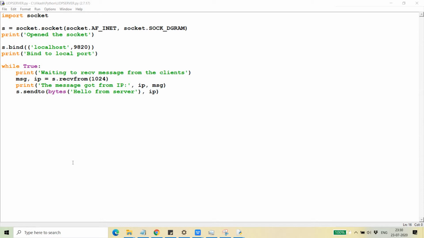If some packets are dropped, there is not much impact, so in that case we can use datagram sockets.